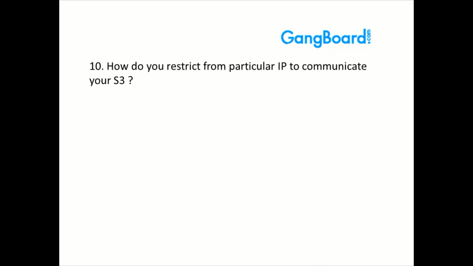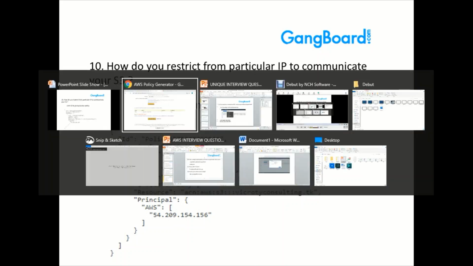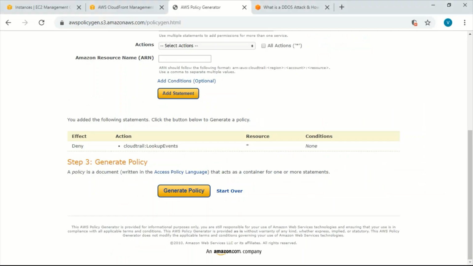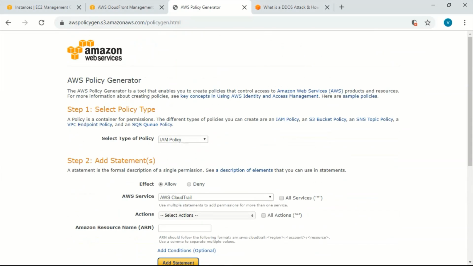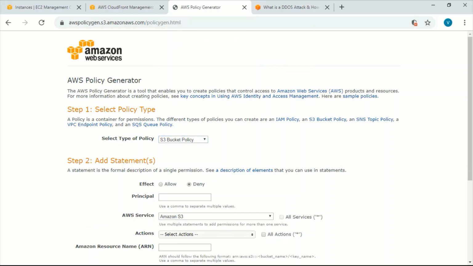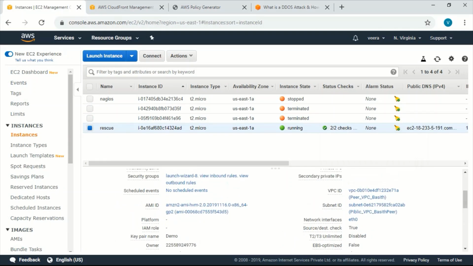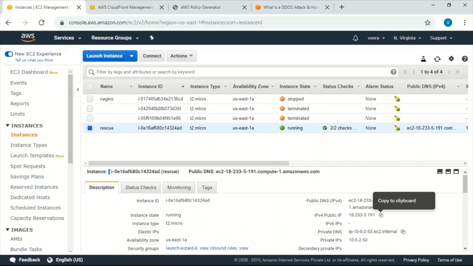How do you restrict particular IP to communicate S3? Here we can do by limiting S3 by giving a bucket policy. So let me generate restrict IP. So choose S3, deny. We have to restrict, so I'm giving deny, and then give a IP. So I want to restrict this server accessing my S3. So I am selecting this, and then